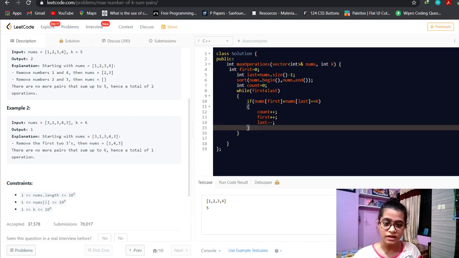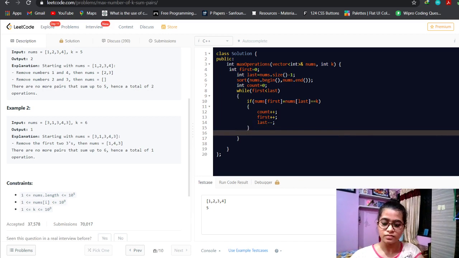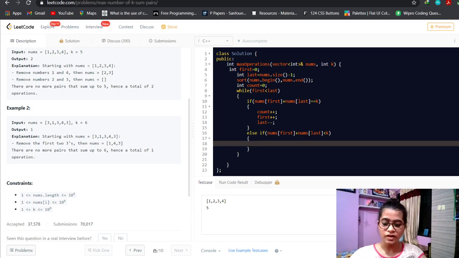And then another condition we will check. Else if nums of first plus nums of last is less than k, then we will increment the first.